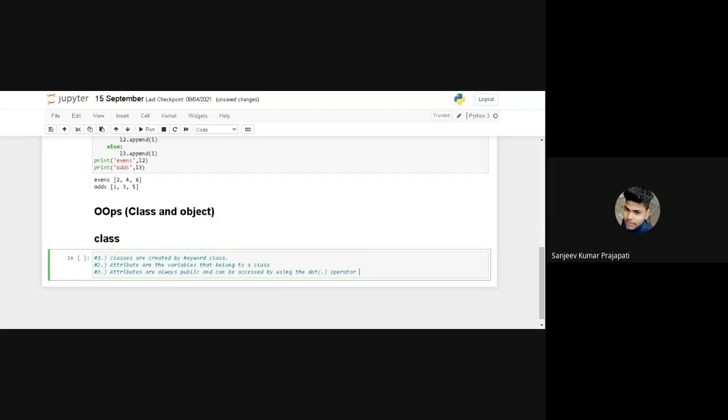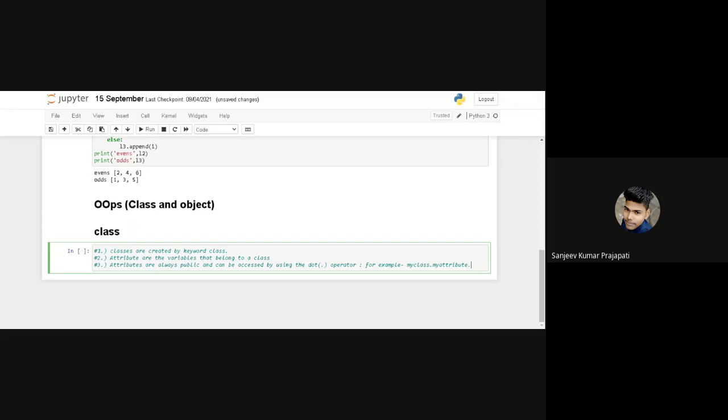For example, myclass dot myattribute. Is this line clear? Attributes are always public and can be accessed by using the dot operator. For example, myclass and dot. You see the dot operator, and myclass dot myattribute.